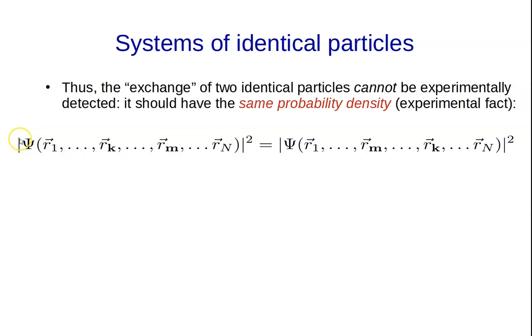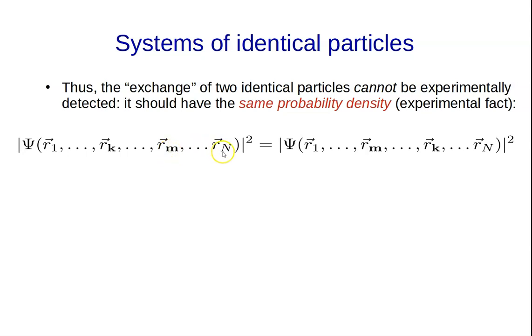That means the absolute value squared of this state at this time will give you the probability density of finding the particles at